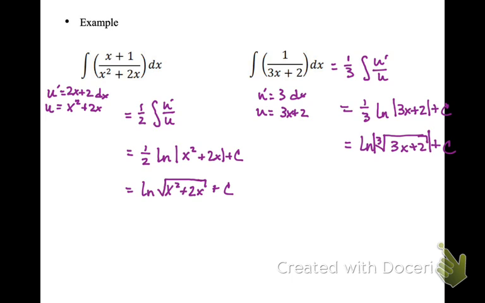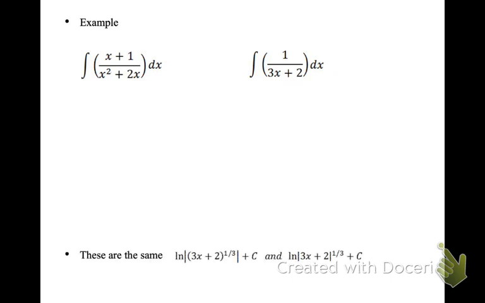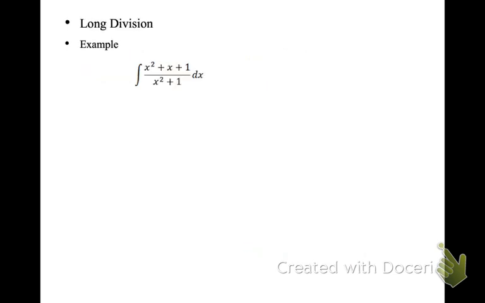Good? Okay. So everything so far has been nice. Like the degree of the numerator is exactly 1 degree less than the denominator, and it works out great, right? What if the degree of the numerator doesn't work out? If the degree of the numerator is equal to or greater than the denominator, is it going to work? No. But if we did something called long division,